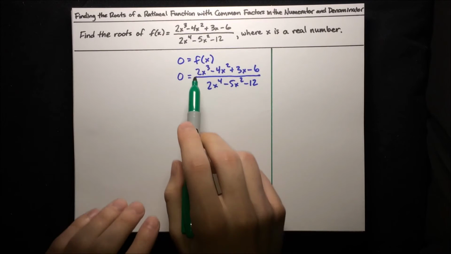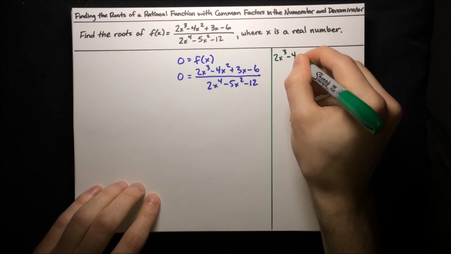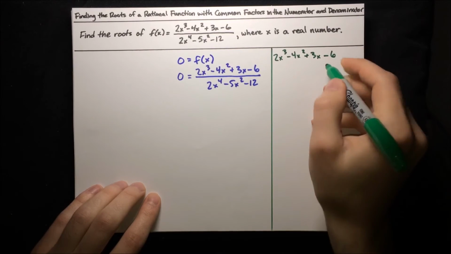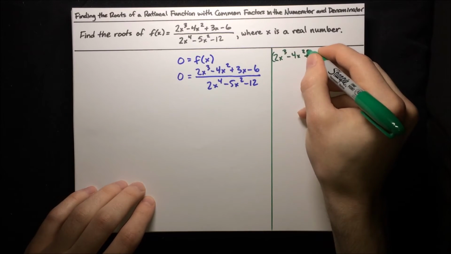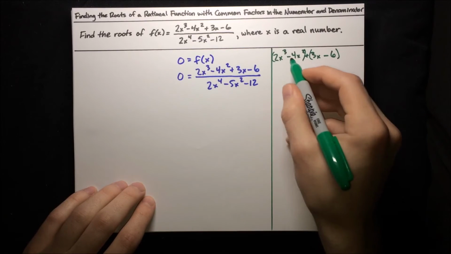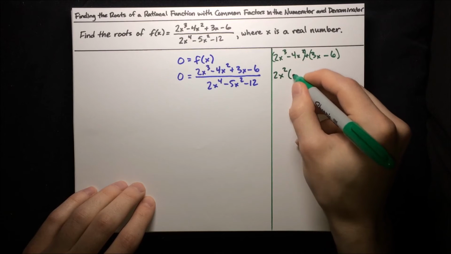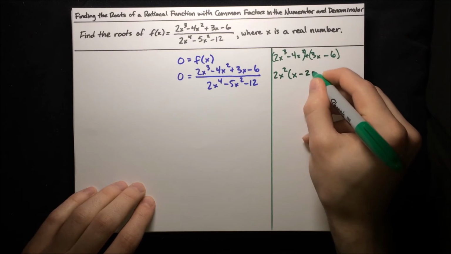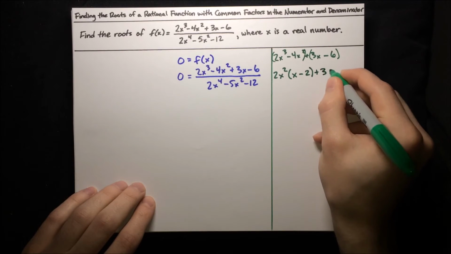And first of all, we'll factor the numerator, so 2x^3 - 4x^2 + 3x - 6. We can do this by grouping, so let's go ahead and group up those highest degree terms and those lowest degree terms. Let's pull out a common factor, so pull out 2x^2 from the first group, and we have just x - 2, and then pull out a 3 from the second group, so plus 3